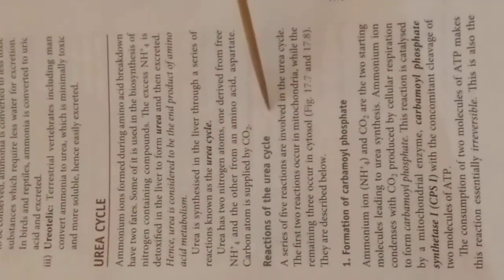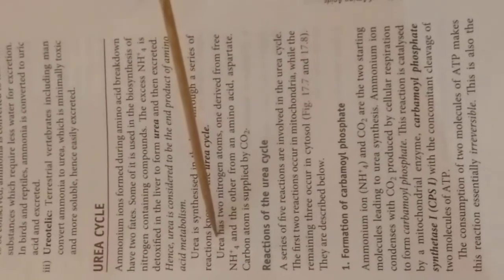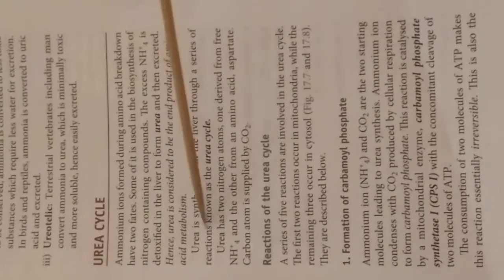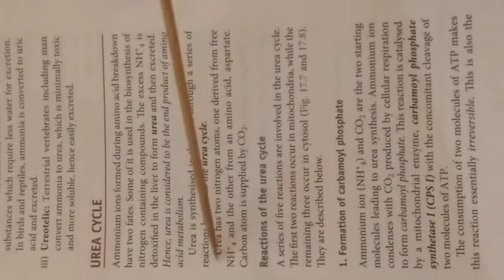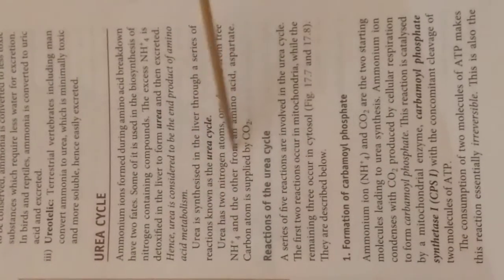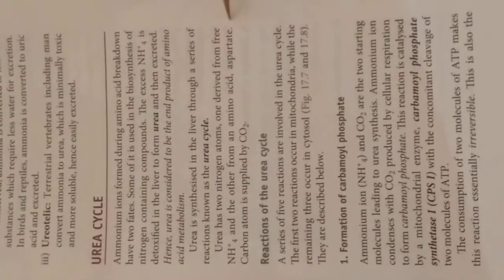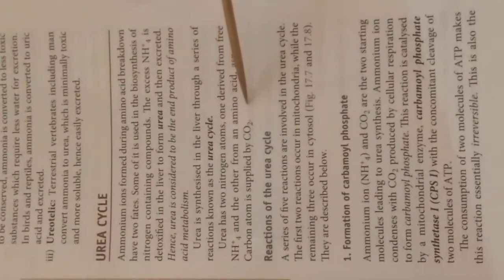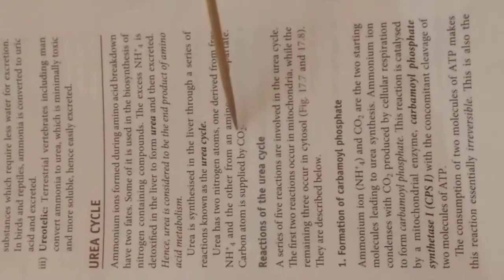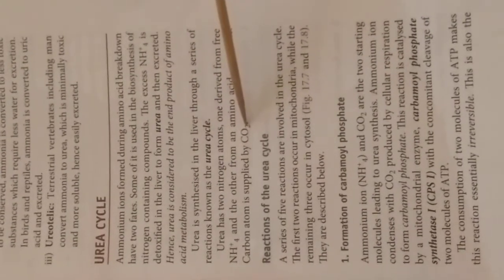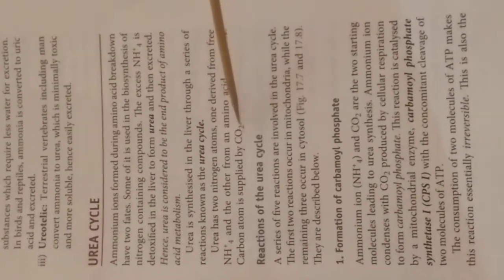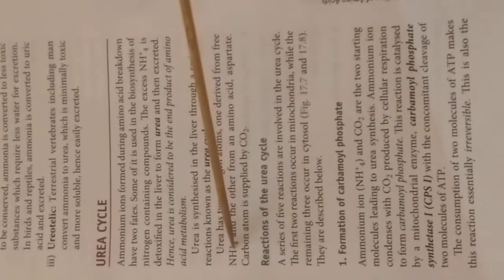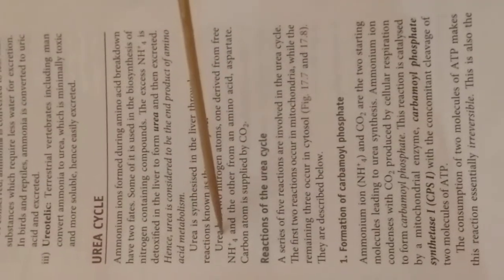So the reactions of the urea cycle. What is the structure of urea? Urea contains two amino groups. One amino group is derived from the free ammonia, the ammonia which was released in deamination. The other amino group is from another amino acid, namely aspartate. There is one more carbon in the urea that is got from carbon dioxide. Carbon dioxide is released in every cell due to cellular respiration, right? So this carbon dioxide, one amino group from aspartate and the free ammonia, all these combine to form urea.